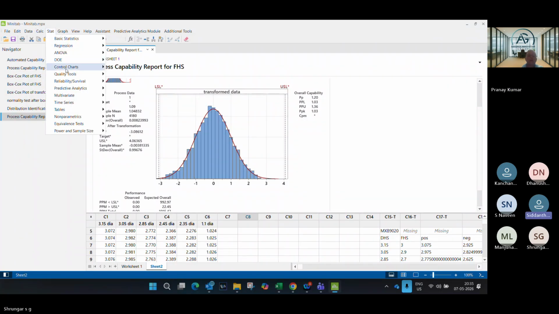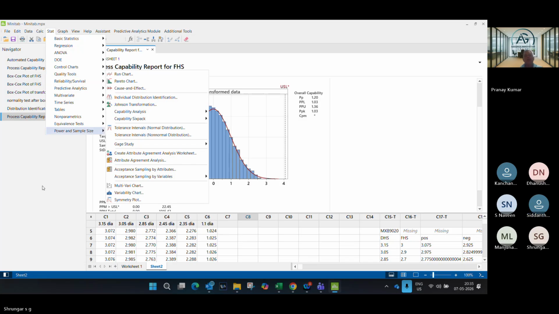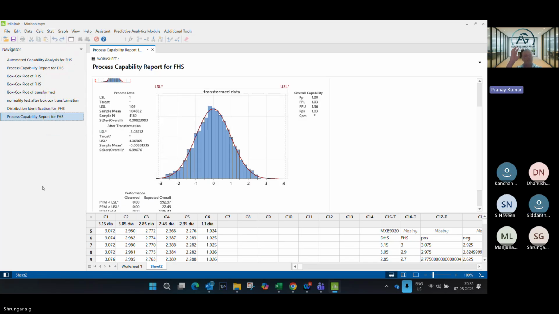Sir, what does transformation actually do? So let's say your data is Y. Now I found that your data is non-normal. I will check various permutation combinations. I will do Y square, root Y, cube root of Y. I will try different permutations and combinations to finally see where my data becomes normal. That is what transformation does.